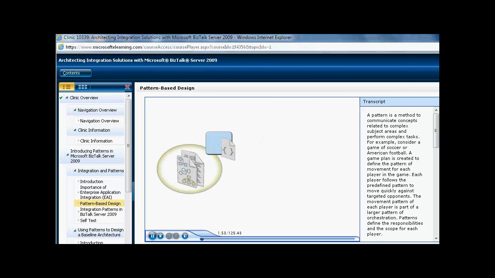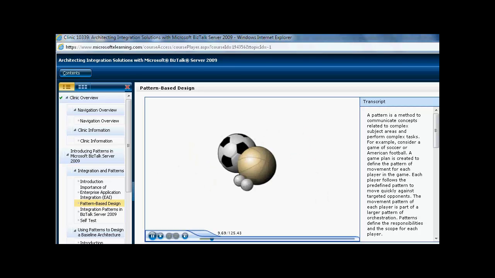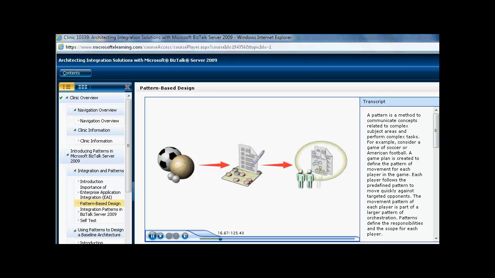A pattern is a method to communicate concepts related to complex subject areas and perform complex tasks. For example, consider soccer or American football. A game plan is created to define the pattern of movement for each player in the